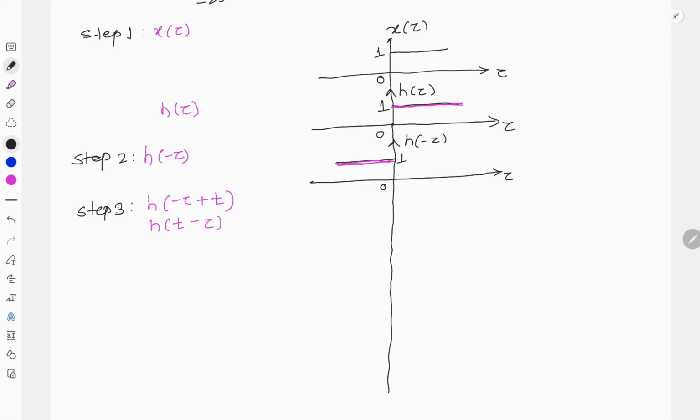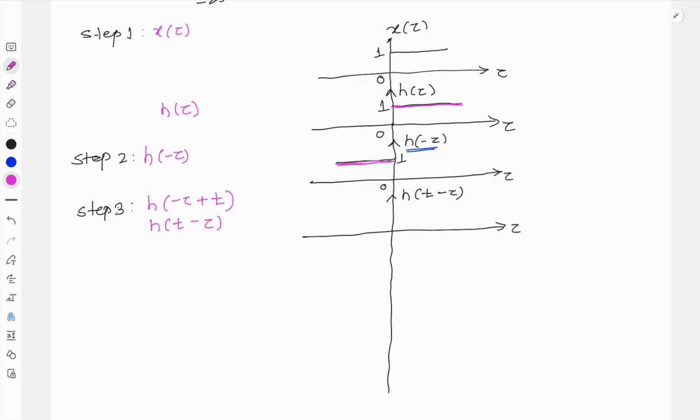So we have to obtain this signal. Now see how to obtain it. This is our tau. This signal is our h of t minus tau. Now I have this h of minus tau with me. I need to shift this signal by amount t. So here it is plus t. Therefore, this h of minus tau signal will be shifted towards the left by amount t. Now whenever you are shifting this h of minus tau signal, you have to take care that you shift this signal towards the entire left of the